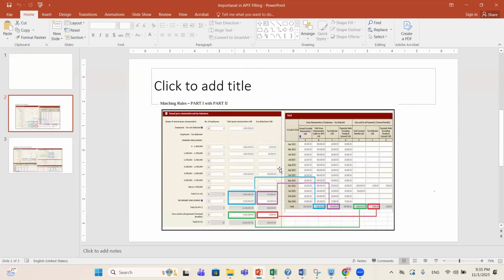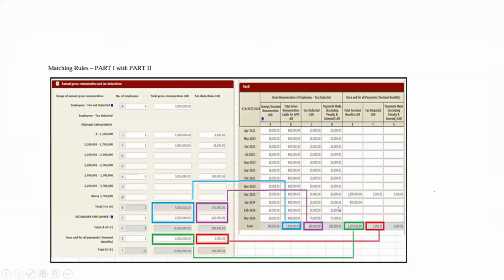You need to maintain this kind of matching here. You need to match Part A of the APIT annual return with Part B of the APIT annual return, right?